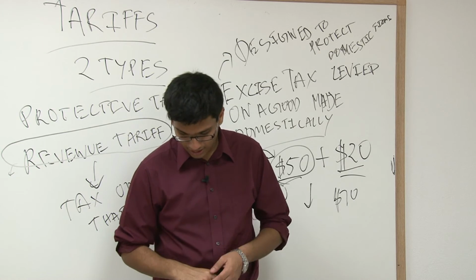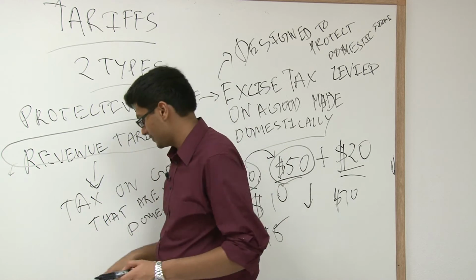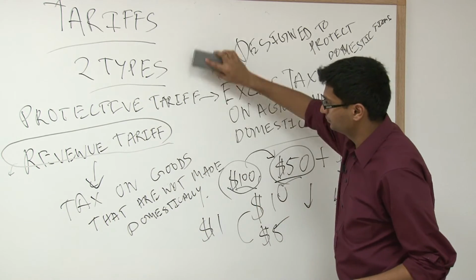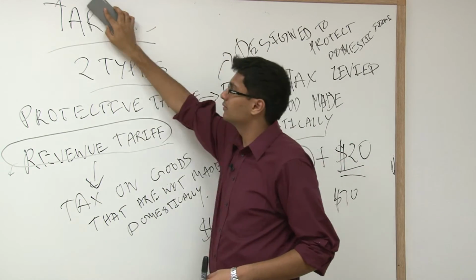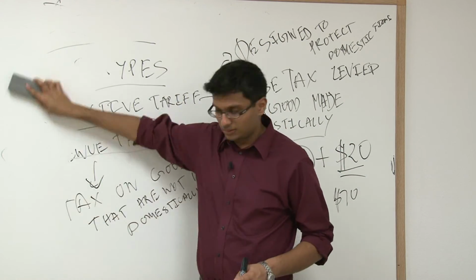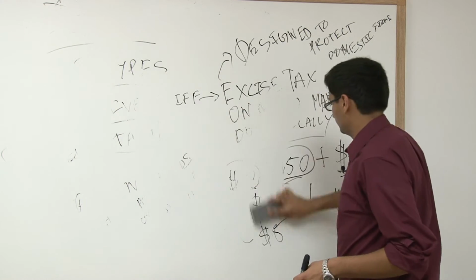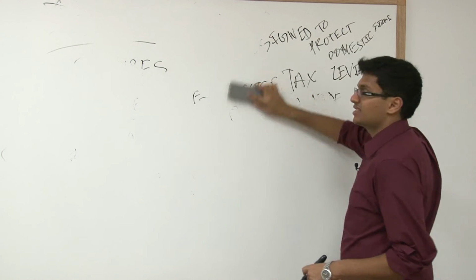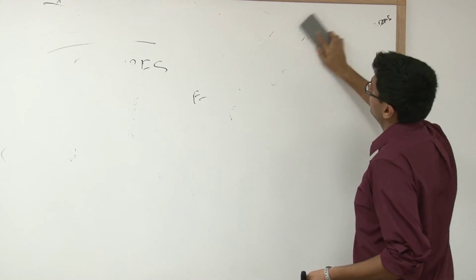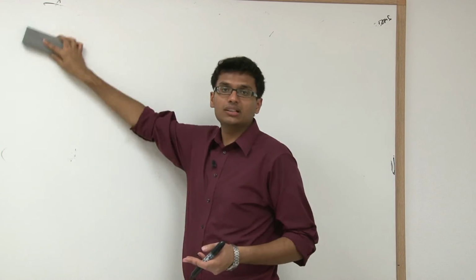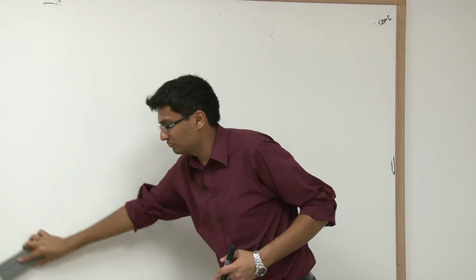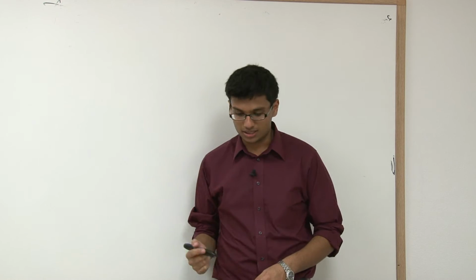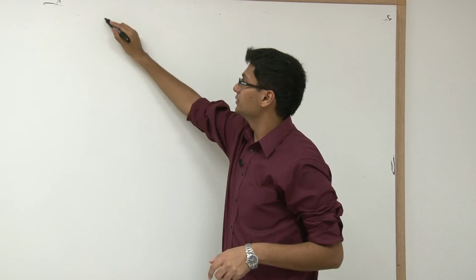All right. So what are the effects of tariff? Let's talk about the effects of tariff. We'll talk about quota, and then we're just about done. All right, so I'm going to go ahead and erase this. Okay. So let's talk about effects of tariff. Already we talked about two different tariffs. We said revenue tariff, which is designed to make revenue for the government. Two is protective tariff. We said that if competitors from other countries come in, we have a protective tariff designed to help our domestic businesses. So effects of tariff include